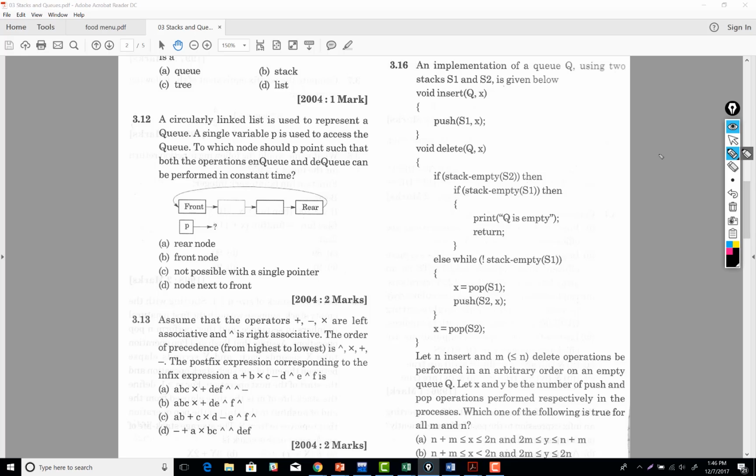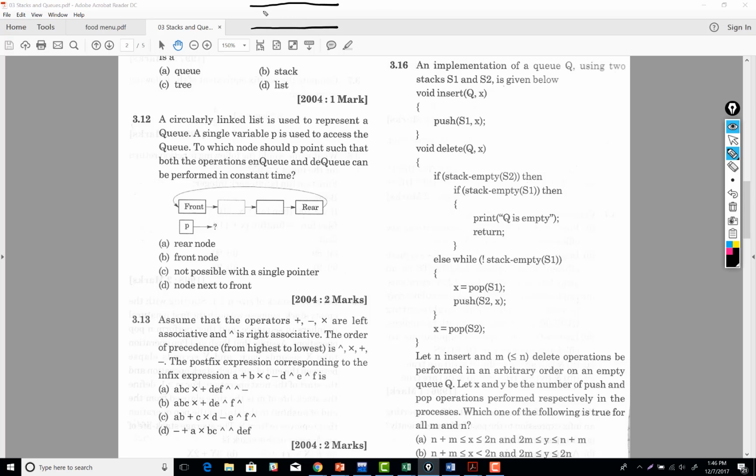In general, you know how queues are implemented using stacks? Yes? How many of you know how we can implement a queue using a stack? Okay, 3 people don't know. Fine. See, the difference between queue and stack is the order in which items are going to be dequeued or